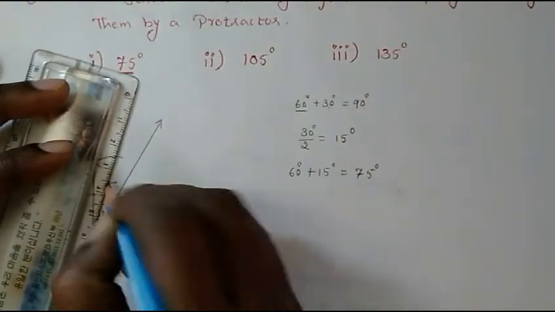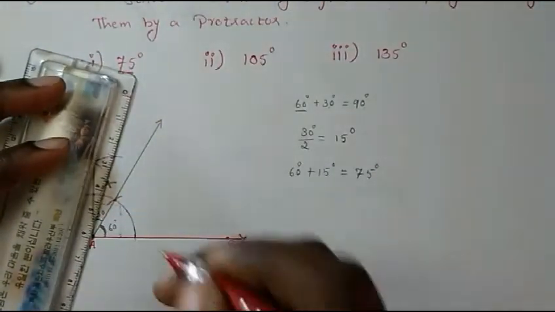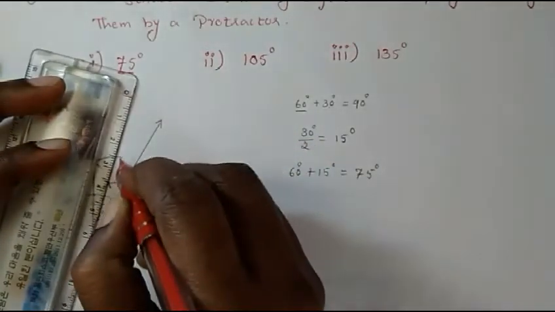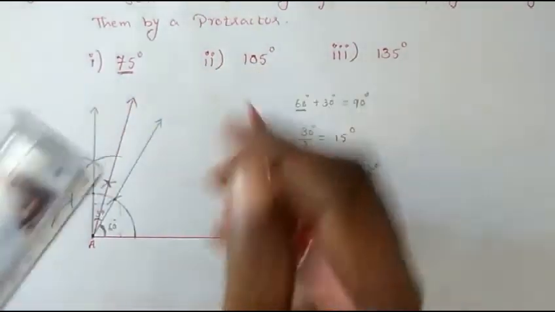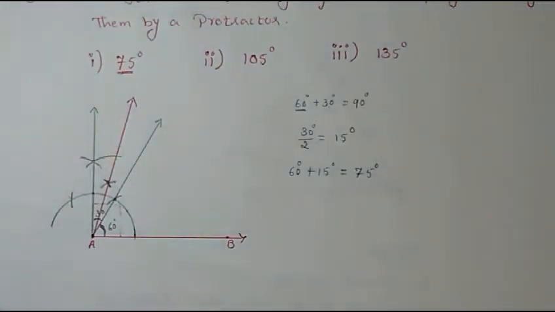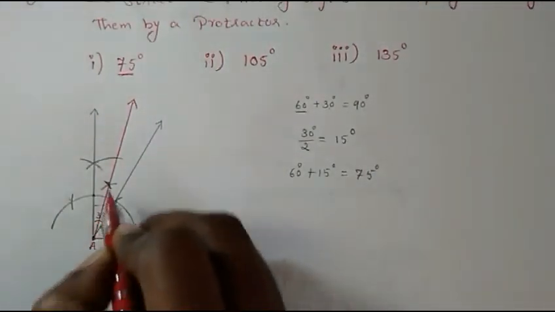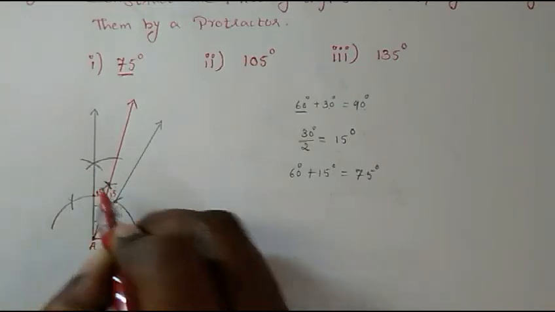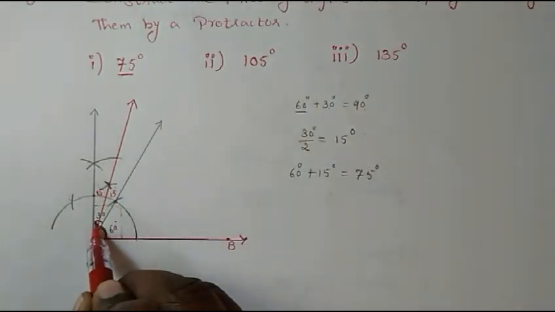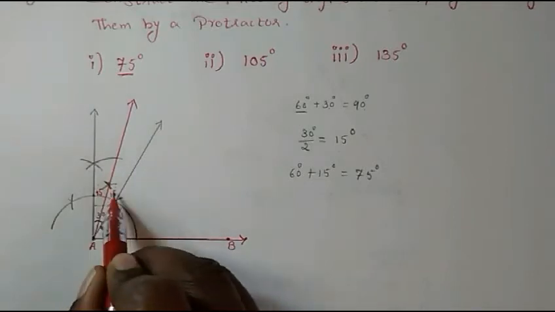This point, I will draw it with the red color because this is what is going to give us 75. You see now. So now this is 30. That means this has become 15, this has become 15. Okay, this whole 30. This was 30. We divided it equally in half, 15 and 15.